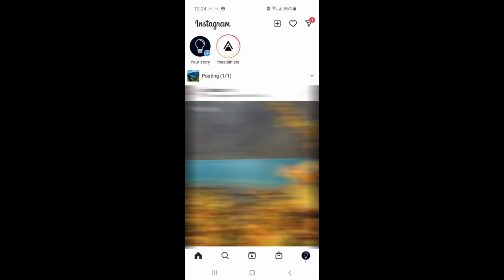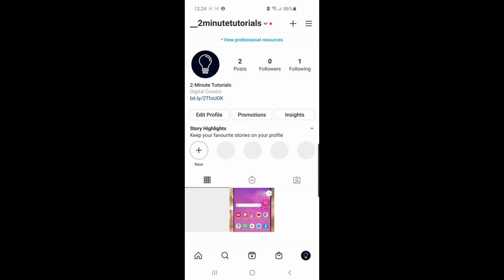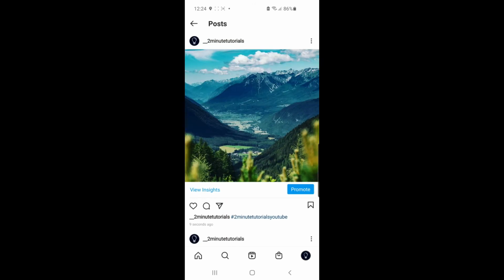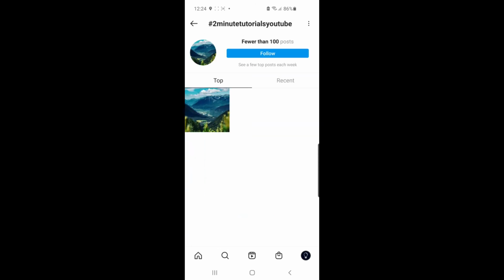Then once I've done that, I go over to my profile. Once it's loaded up, as you can see, I've posted a new post. Click on that, and then click on the hashtag that you've just created. As you can see, there are fewer than 100 posts. This is a new hashtag I've just created right now. So you can see all the posts for this hashtag, or you can follow this hashtag for updates on future posts that get posted on this hashtag. So it's just that simple,